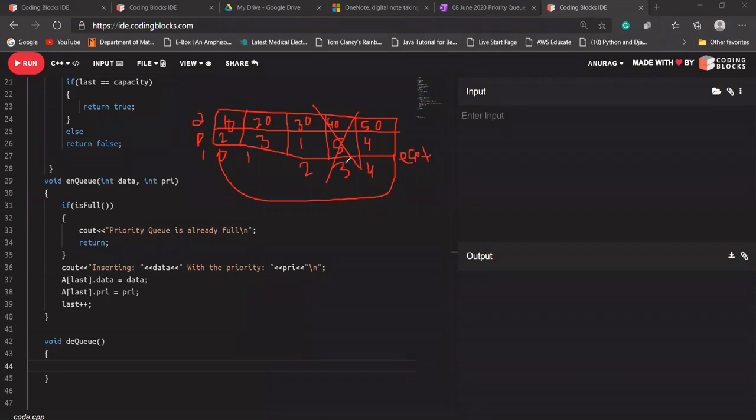At this position I'm going to replace index 3 with the value of index 4. So it will be removed here, and last will now point to this value. If I want to delete that, this is going to be replaced with this, and this value with this, so these two blocks will be empty now.